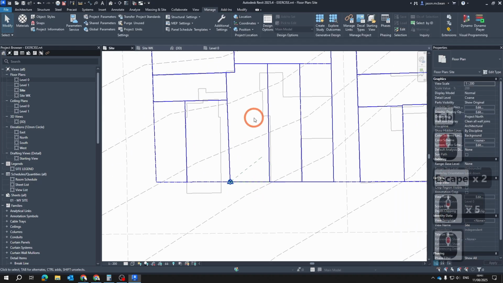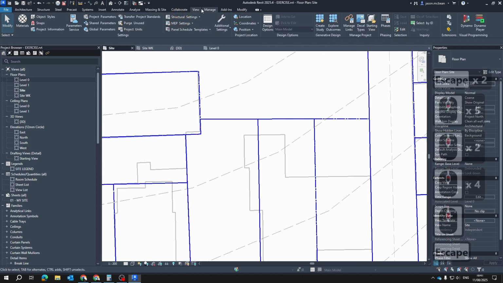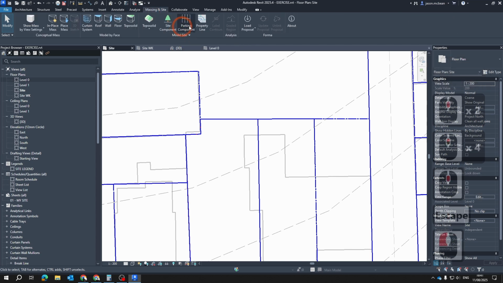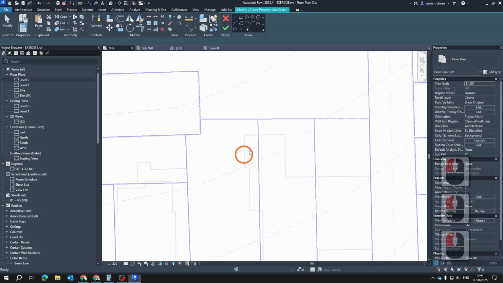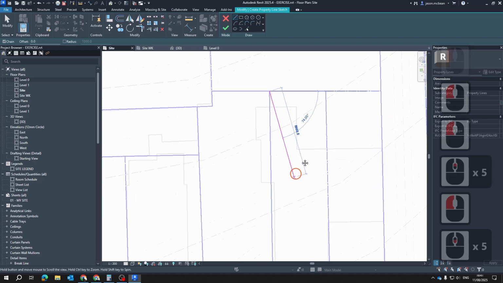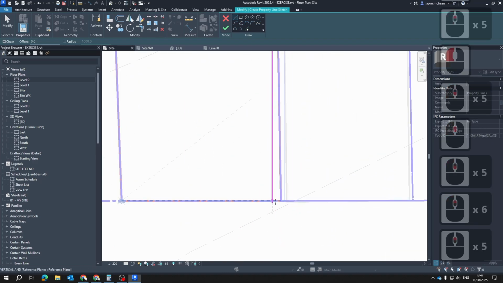Good. Now, the next thing I want to do very quickly, massing in site, remember property lines, create from sketch. So here we're going to quickly pick up our site boundaries, snap end,